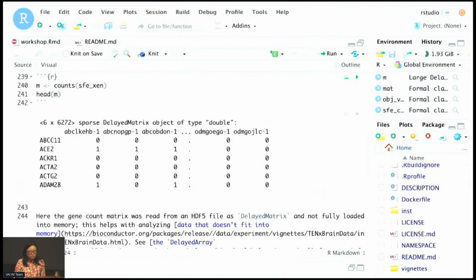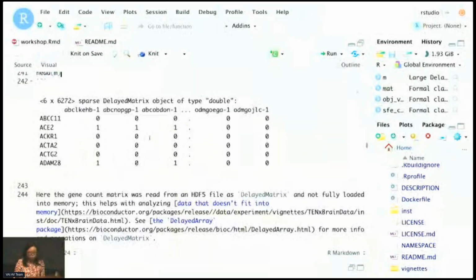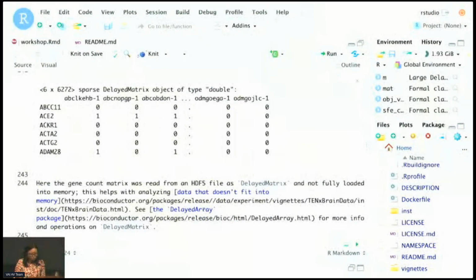Remember there was the H5 file for this, so this is read as a DelayedMatrix. You can go to the documentation for the DelayedArray package to read up more about it. Basically, DelayedMatrix does not load the entire thing into memory for H5, and it really helps with analyzing larger data sets. Aaron Lun has used DelayedArray to analyze a single cell data set with over 1 million cells on his laptop.